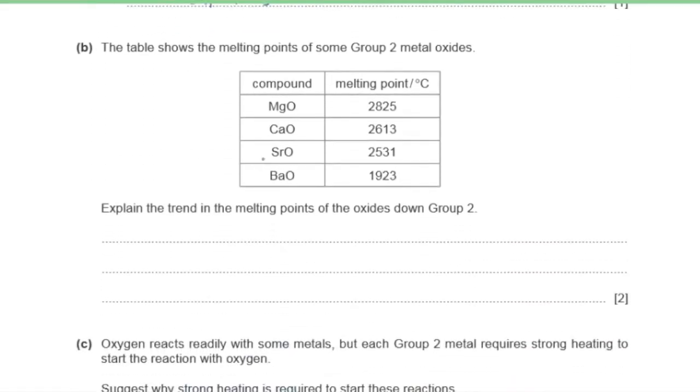Part B. The table shows the melting points of some group 2 metal oxides. Explain the trend in the melting points of the oxides down group 2. So the melting point seems to decrease down group 2 due to weaker forces of attraction. Here the oxide ion size, which is the O2 minus ion, remains the same, but from Mg2 plus to barium 2 plus, the cation size increases, which causes the force of attraction between the cations and the oxide anion to get weaker. So the two factors which cause this decrease in melting points down group 2 is that